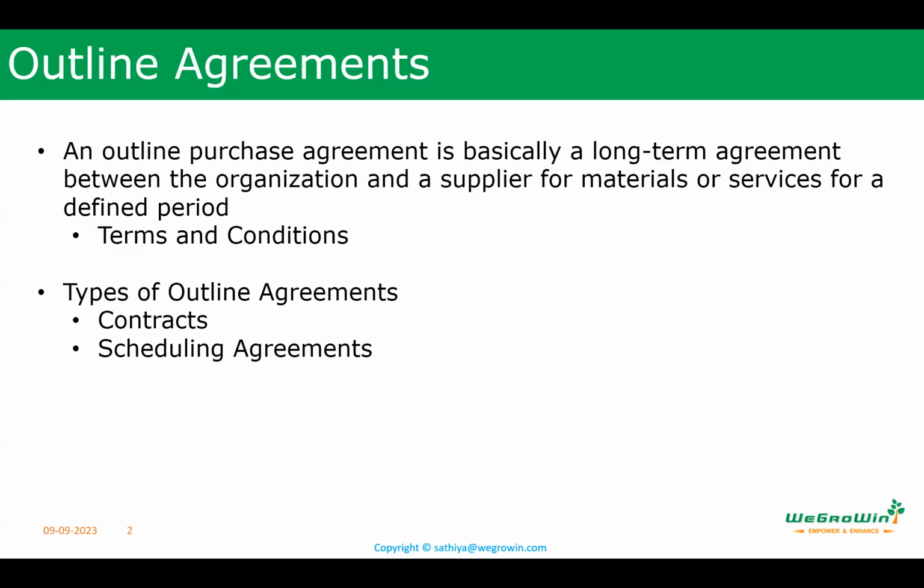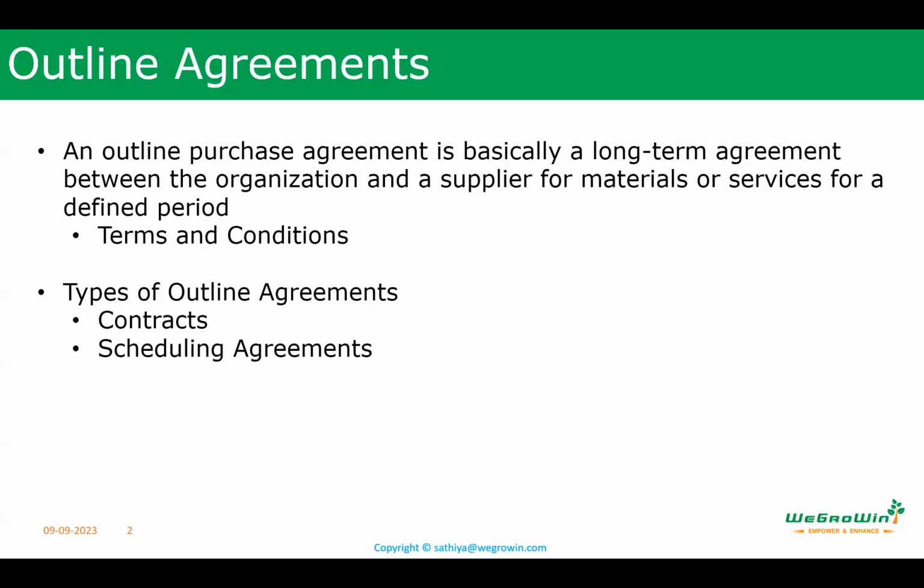But with a contract, purchase orders may not come at regular intervals. I may buy 100 numbers today, 100 numbers after a week, or 100 numbers after 2 weeks. But my contract says I am going to buy 1000 numbers this year at this rate. A scheduling agreement also says the same thing, but how you execute is different. With a contract, my purchase requisition and purchase order will be there. With a scheduling agreement, I will have the schedule lines. We have not covered creating a contract, but this is the concept.